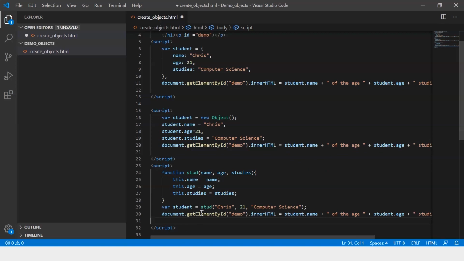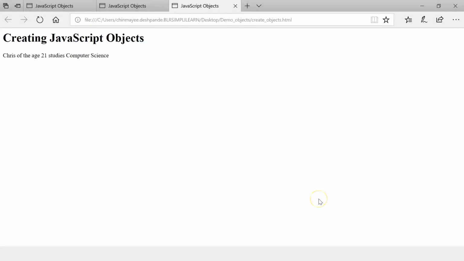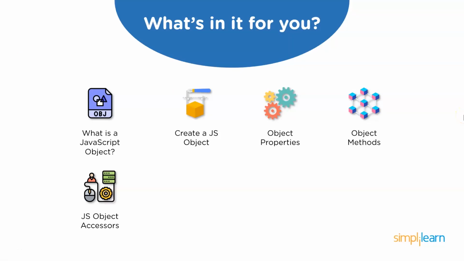Alright, so let's save this and execute our file. So let's refresh the web page. And there we go. It still displays the message, Chris of the age 21 studies computer science. So this was the third method that can be used to create objects. Moving on to the next topic,